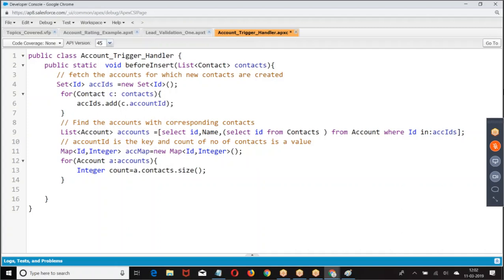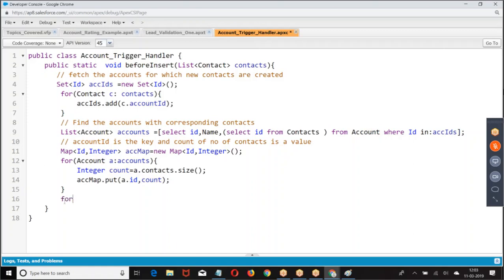A.Contacts will give you the list of contacts, and size tells how many contacts there are. For this account, how many contacts are already in the database?